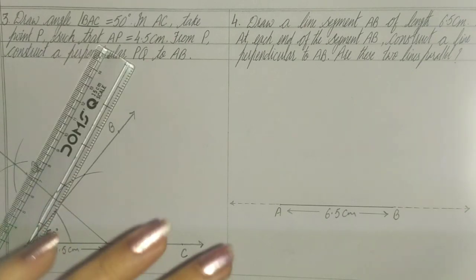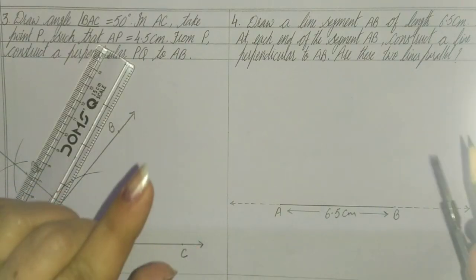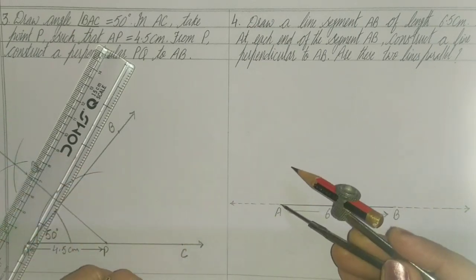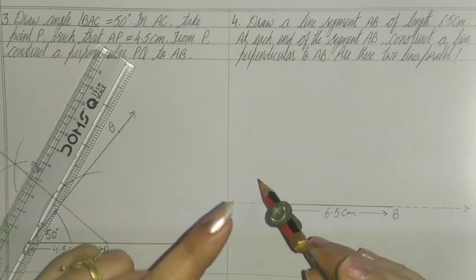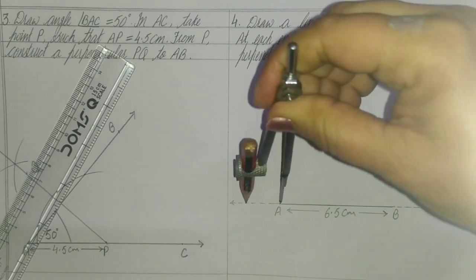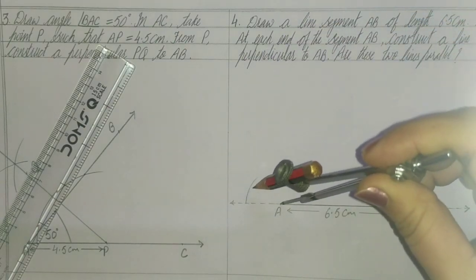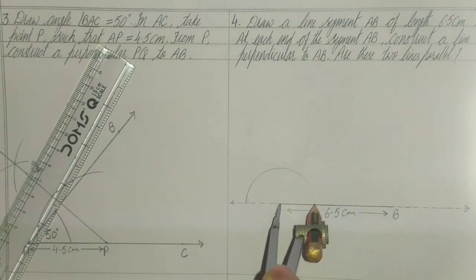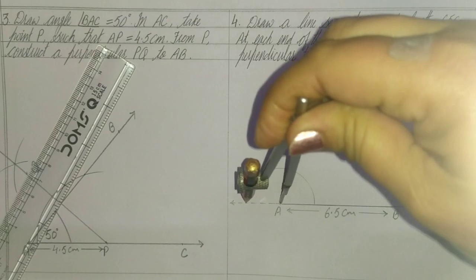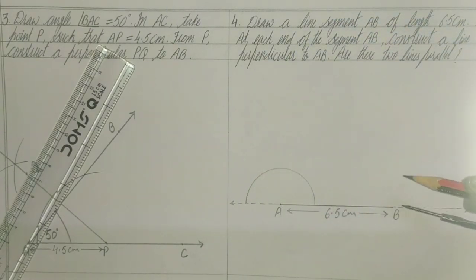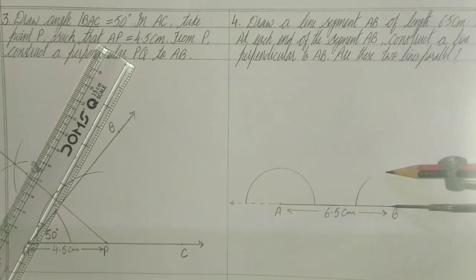Now with the help of compass, since we have to construct, you have to use compass. Okay, now put the pin of your compass at point A, open your compass to any measure and mark a convenient arc of the circle over here, meaning you have to draw a semicircle here. So here another perpendicular should be here. So with the same measure you can draw another semicircle at B.